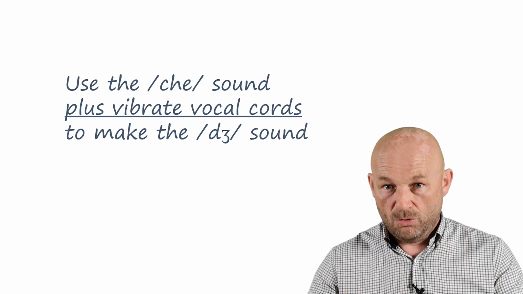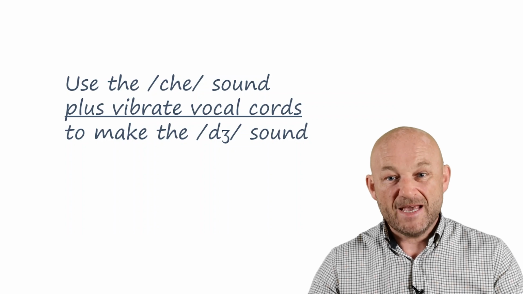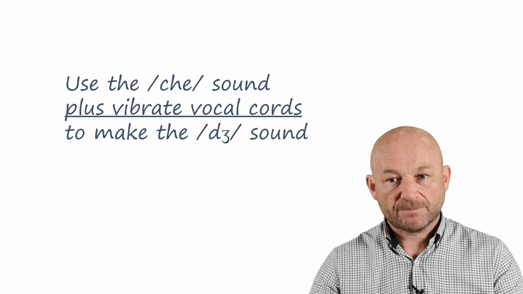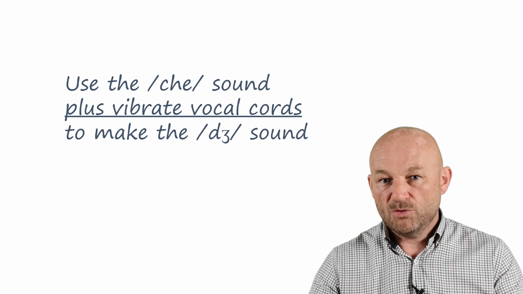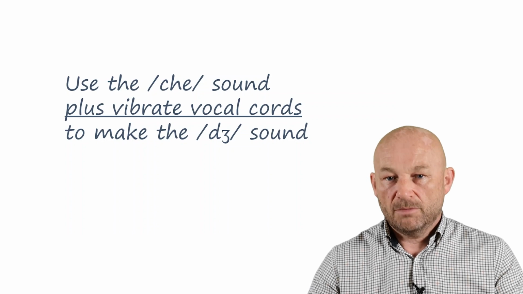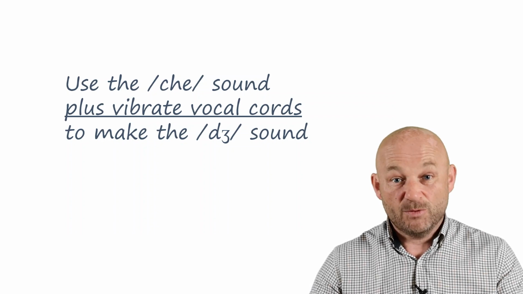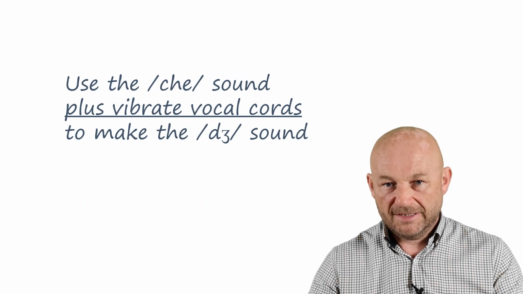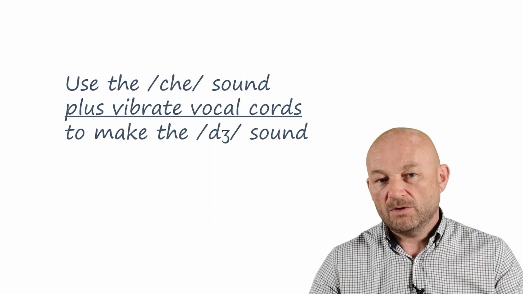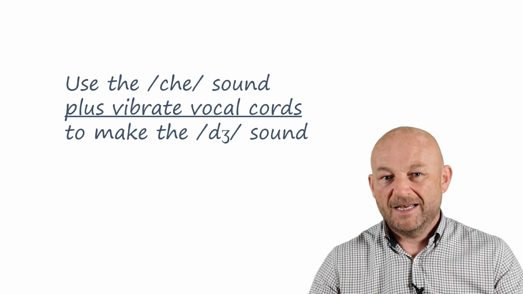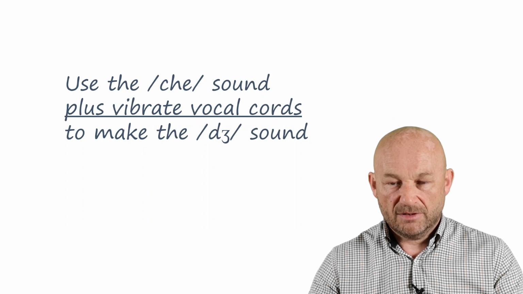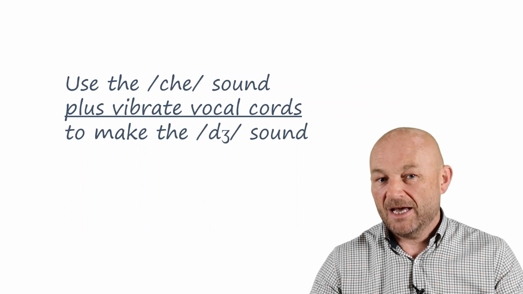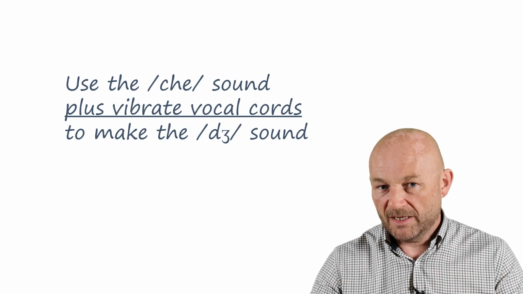So put your fingers on your own throat, like me now, and make the ch sound. Ch. There's no vibration with the ch, right? Now make the same movements in your mouth and tongue, but vibrate the vocal cords like we discussed in the earlier lesson, and you will get the j sound. If you don't feel the vibration on your throat, then you are not making the sound. Practice making the sound and remember that it is not a y sound like you sometimes make in Spanish.